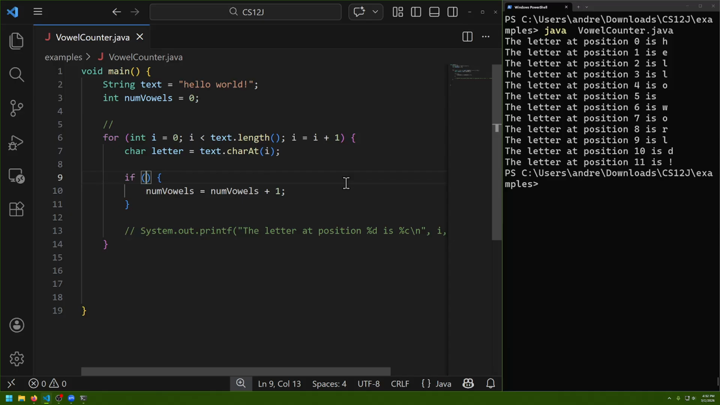Well, one way we could represent it is by having a complex condition that tests if the letter is equal to A, if the letter is equal to E, and all the other ones. So one way you could do this is by saying, is the letter equal to A? Please do note that I use a single apostrophe. In Java, this represents a character, meaning you can only have one single letter inside of it. So we could do this,